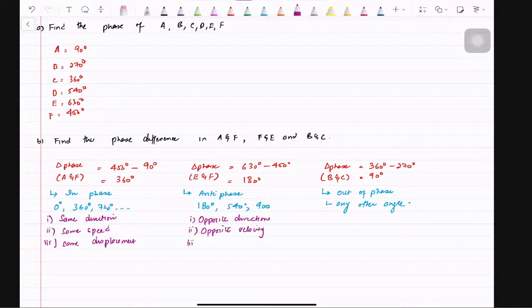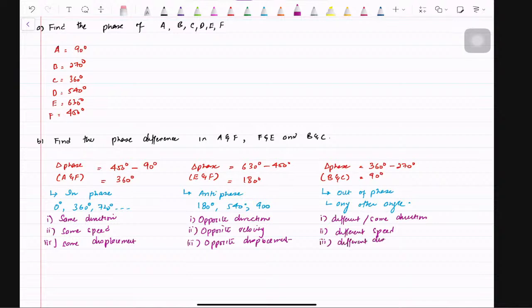Also, they have opposite displacement. I'm going to show you on the graph as well in a bit. And finally, when out of phase, it could have the same direction at that point, but a different speed, and these 2 points have different